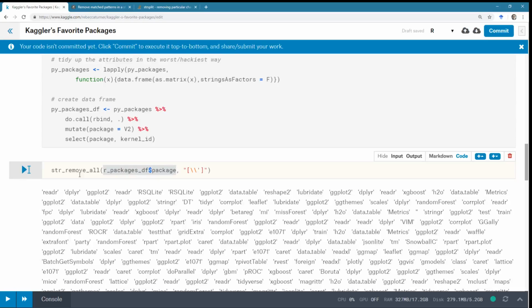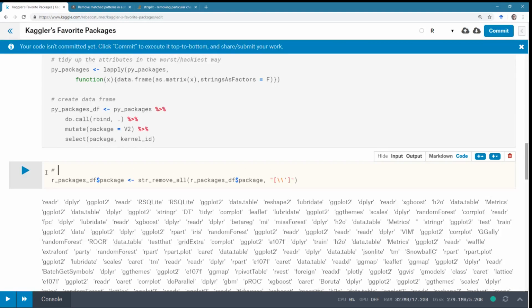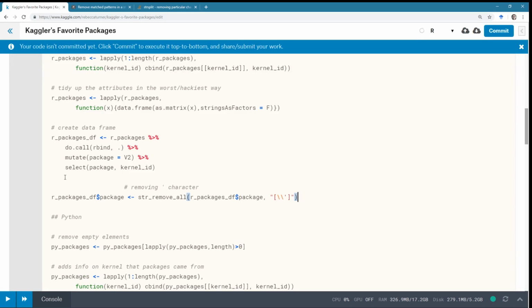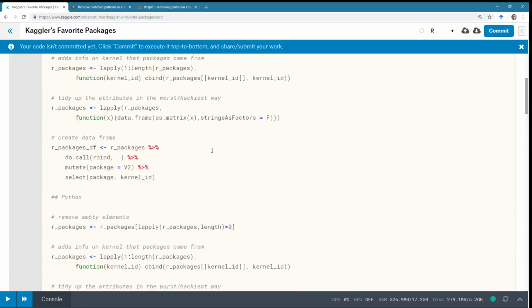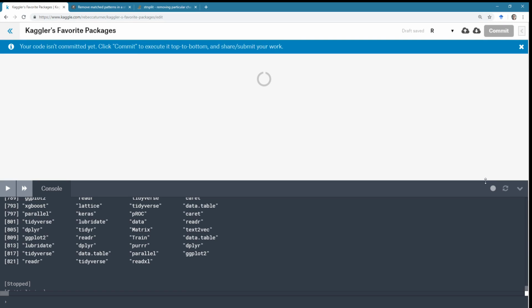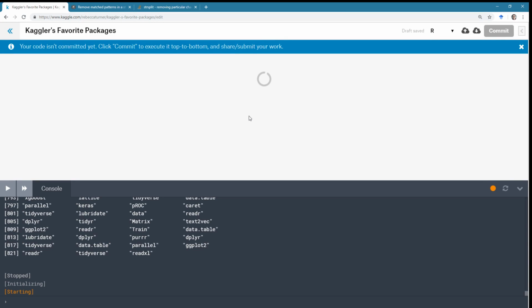contents. And so what I'm just going to do is that, and I'm going to say what we're doing here is we are removing character. And then I'm going to put it in here, right there. And then I'm going to run the whole thing from the top. And I think I'm actually going to restart and run, just as a little precaution, make sure everything's going good.